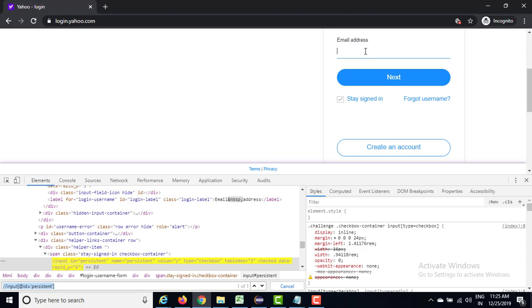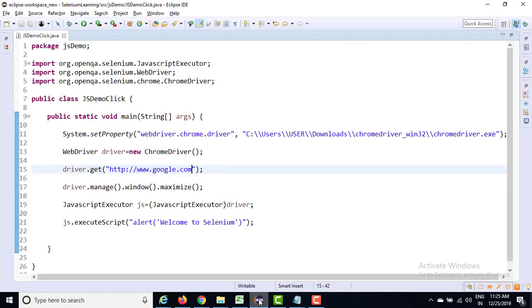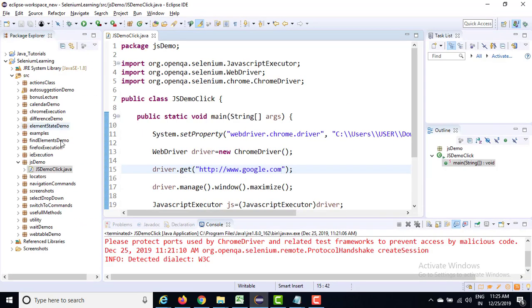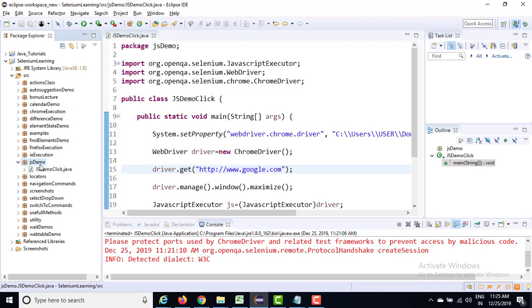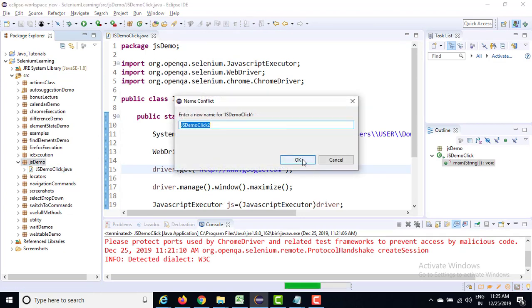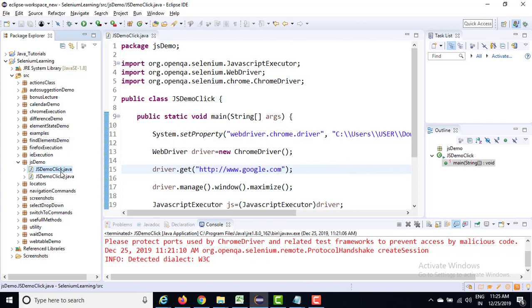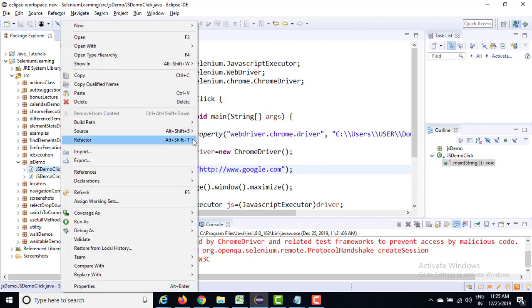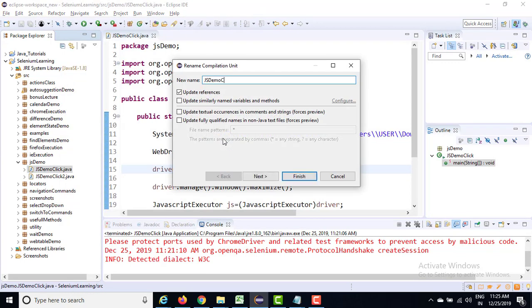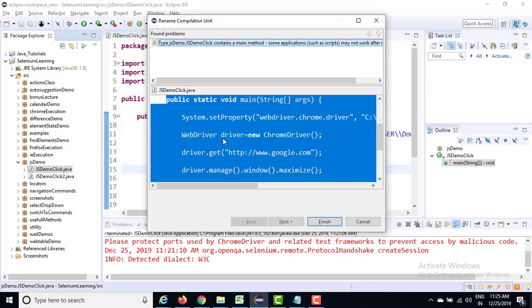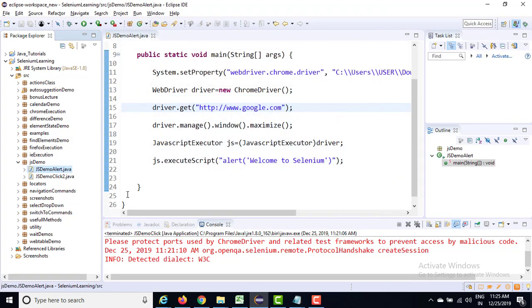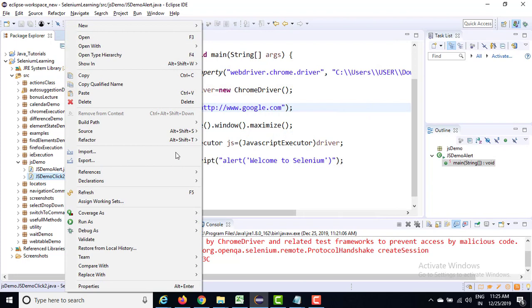My requirement is to enter an email address and then uncheck this. So I'm going to take another example, and this time I will make it JS demo alert, for your reference. This is mainly for alert, this is mainly for click.